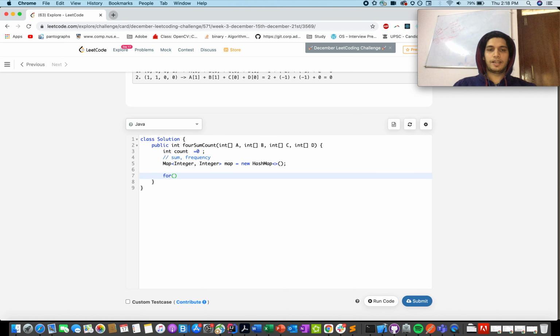Now let's iterate through the A and B list. Let me just calculate the length here. Length of A. For integer i equals to 0, i is less than len, i plus plus. For integer j equals to 0, j is less than len, j plus plus.